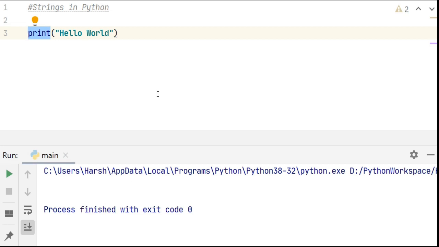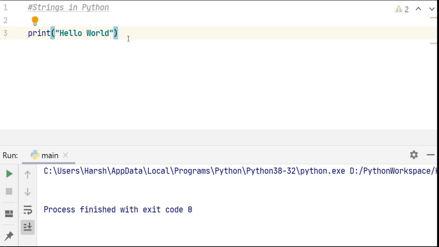Now print is a Python built-in function. As we did not write the code of how to print on the console, we are just directly using it. Similarly, Python has provided us with built-in string methods which can be applied to strings. Whatever we put inside the brackets of the method is called an argument. It can be of the data type which the method accepts. Here in the print function, hello world is of data type string which is passed as an argument.